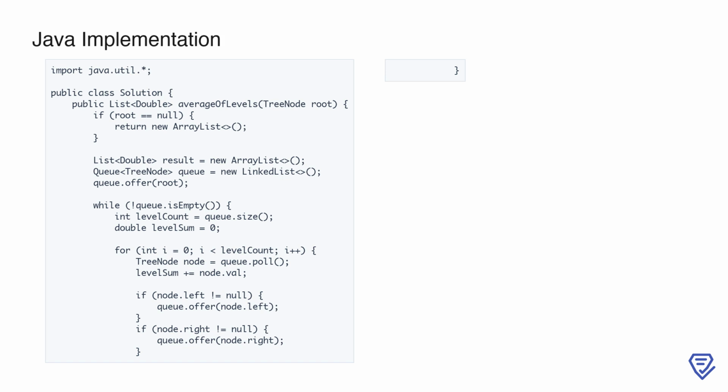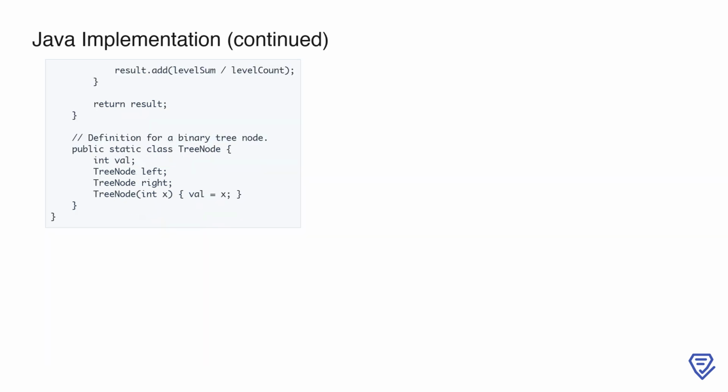If it does, those children are added to the queue for processing in the next iteration. After processing all nodes at the current level, we calculate the average by dividing level_sum by level count, then add this average to the result list. Once the while loop completes, meaning all levels of the tree have been processed, we return the result list containing